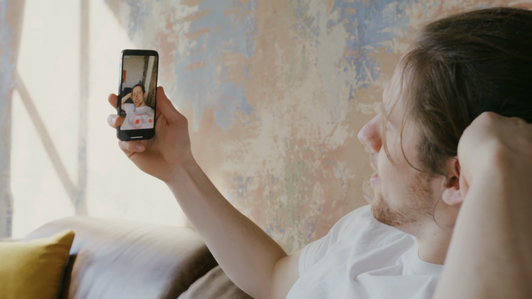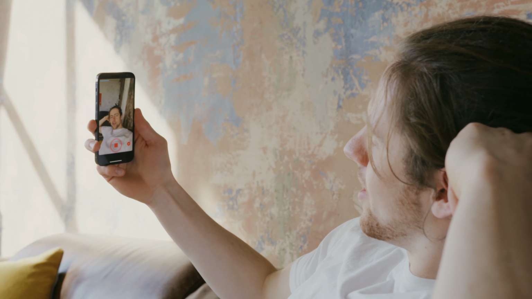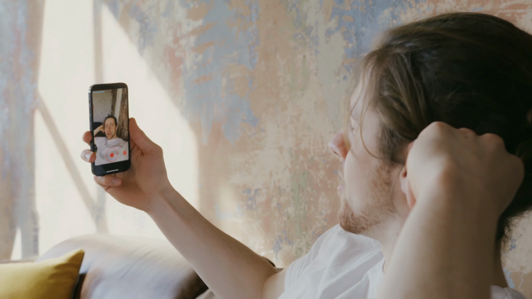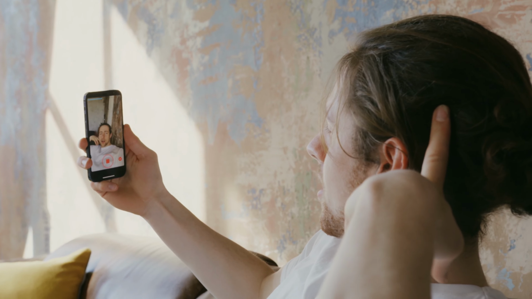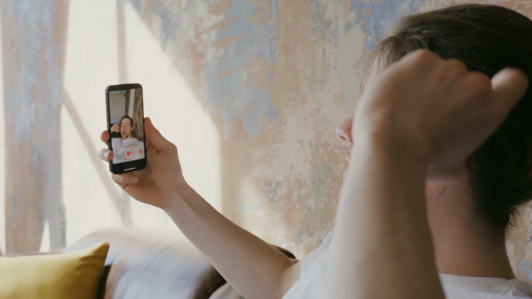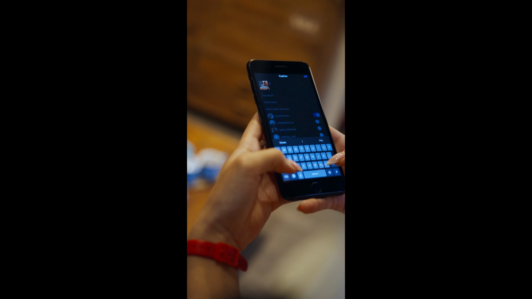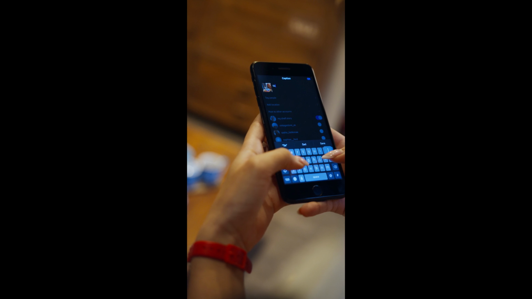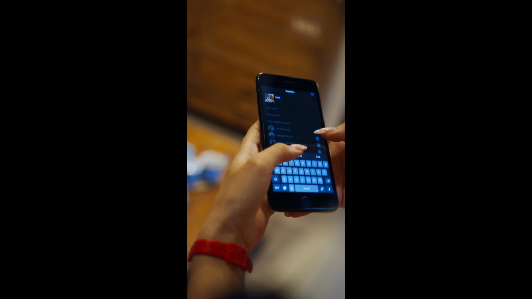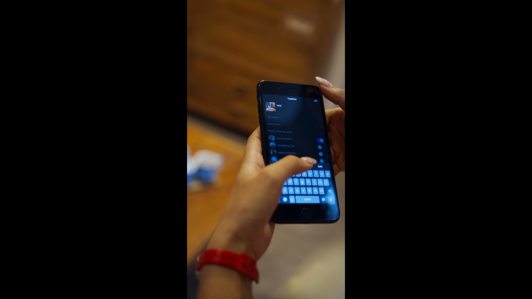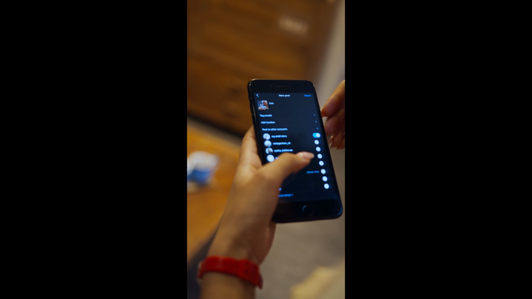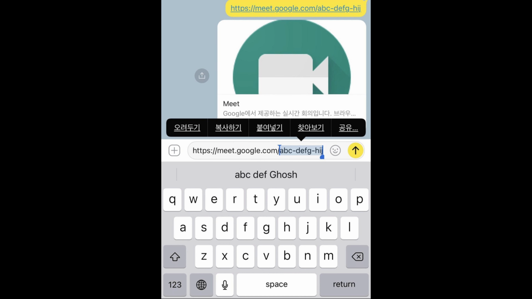Want to join a Google Meet call on your iPhone without installing the Google Meet app? Good news! Google now lets some iPhone users join Google Meet directly in Safari, and in some cases, you can even request to join without signing into a Google account. In this video, I'll show you how it works, what to tap, and why the option may not appear yet